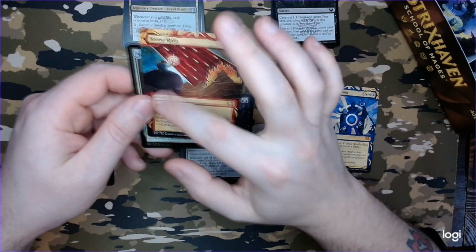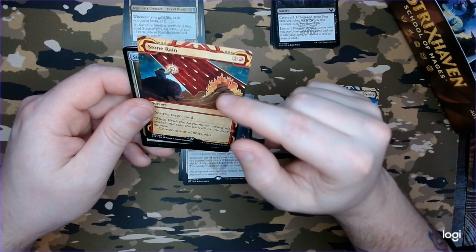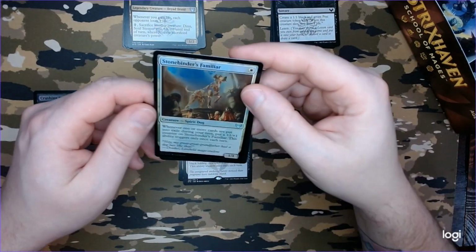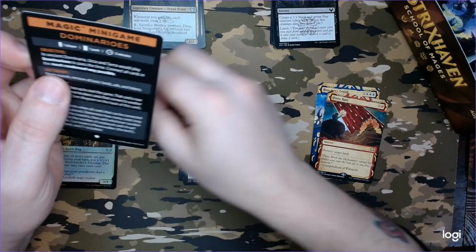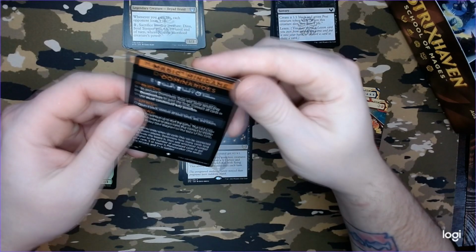For our next showcase, some of those are a little weird. Like this one's pretty nice. It's kind of basic. I like it. Stonebender's Familiar for our foil. And we've got just a